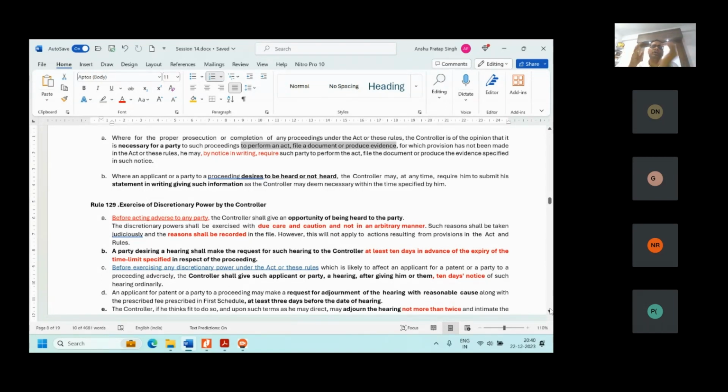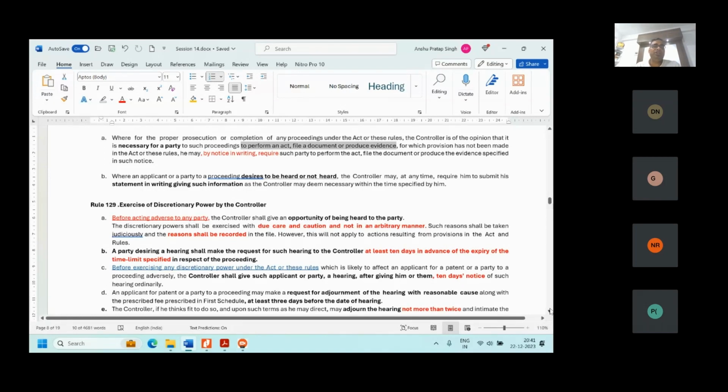I have a right to do this or that, but this discretion, always remember, discretionary means I can do what I want, but it cannot be in an arbitrary manner. Arbitrary manner means that there is no reasonable ground for acting in that manner. Controller cannot act arbitrarily. Ki mera man kiya, I did it at my whims and fancy. No, there has to be a reasonable ground